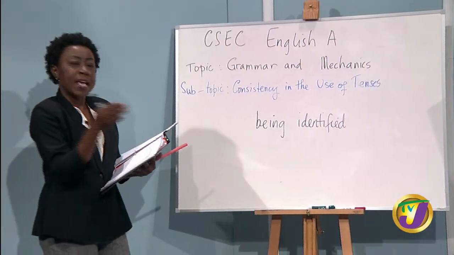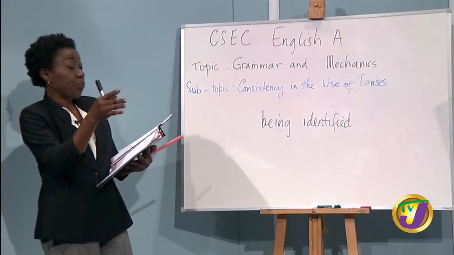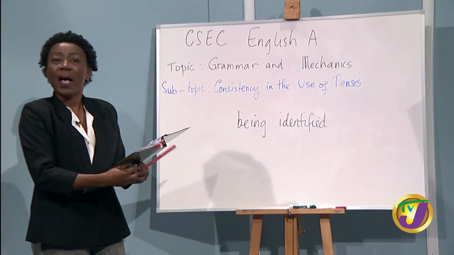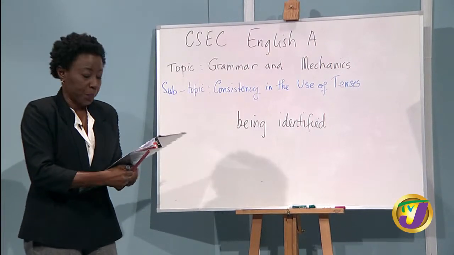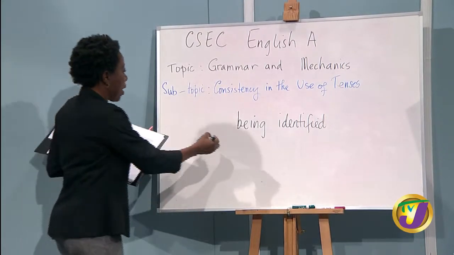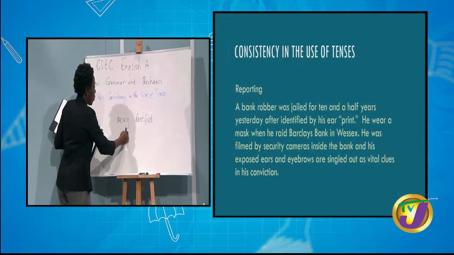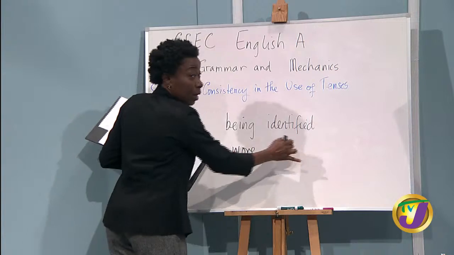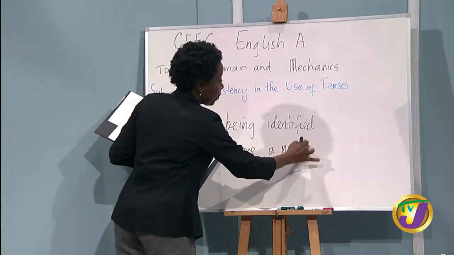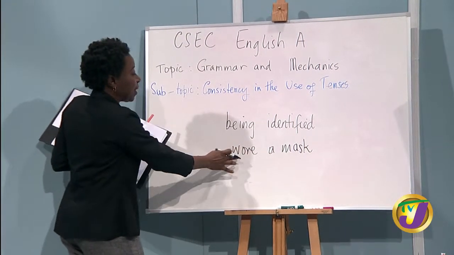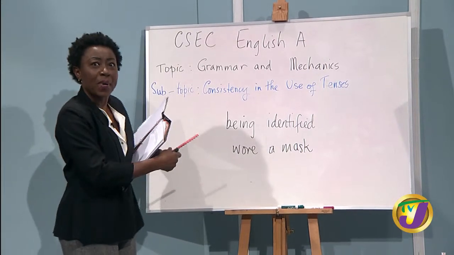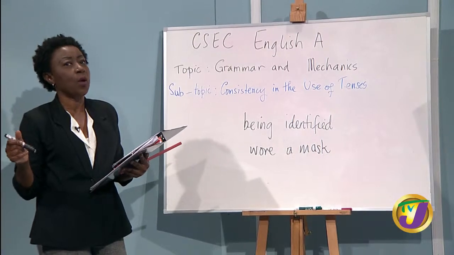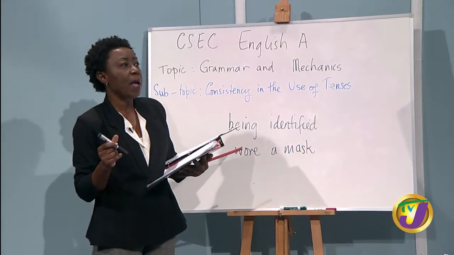So then, since it is yesterday, okay then, we would not have wear a mask. We would have, past tense of wear is wore. So he wore a mask. So wore a mask. So we would edit that, wore a mask. And this verb, being an irregular past tense word. Okay? Present tense wear, past tense wore. Okay, he wore a mask.